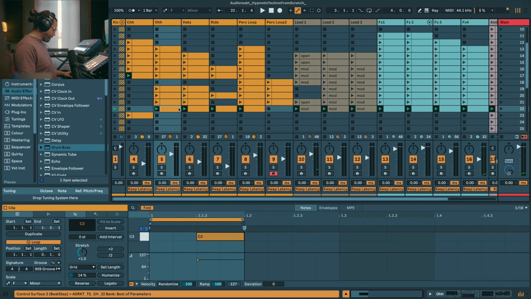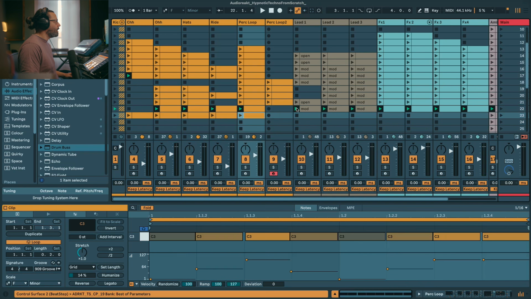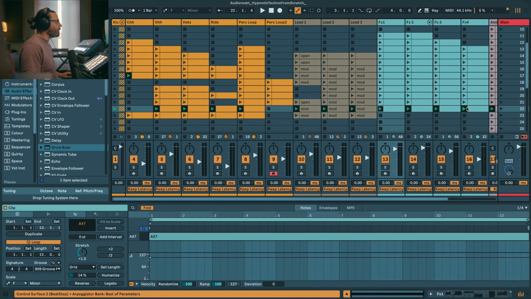Yeah, and then after we can use the color hat to add a bit of variation. And after we're gonna do again a classic